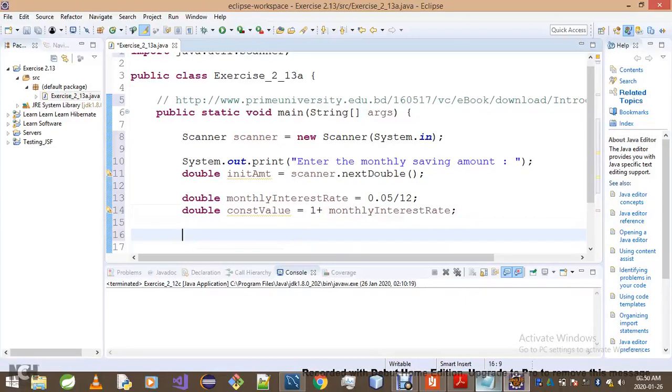What we then do, we need a variable that will actually hold the first month amount. So it's gonna be first month amount and its amount and constant value. Okay, that's it for